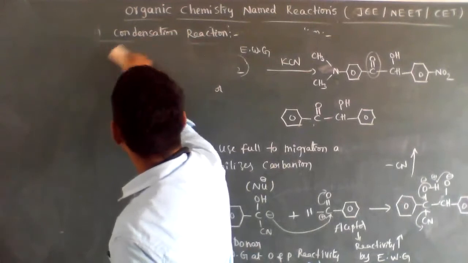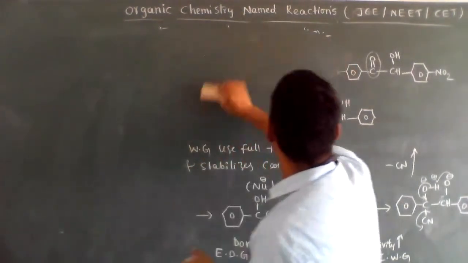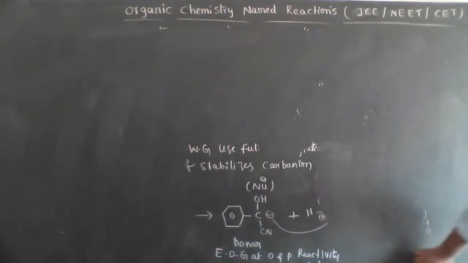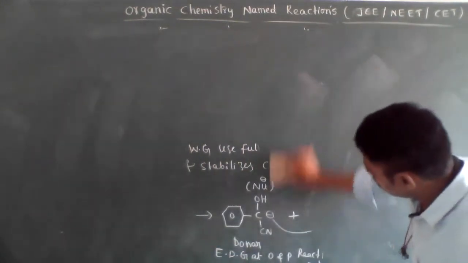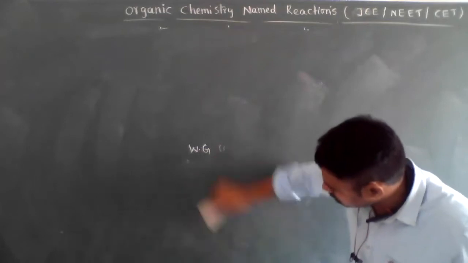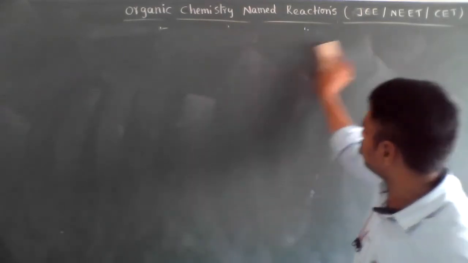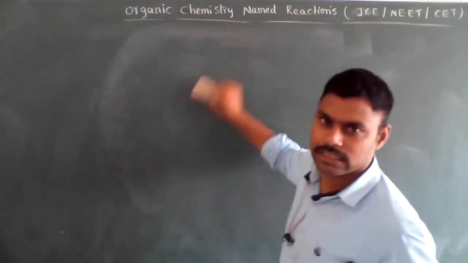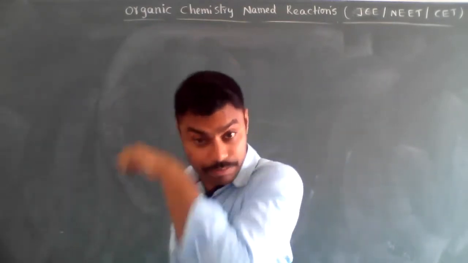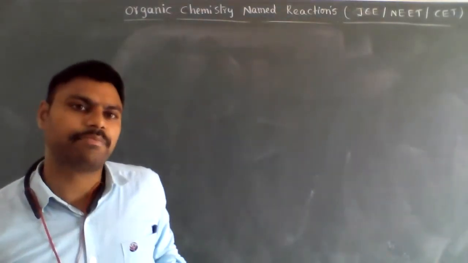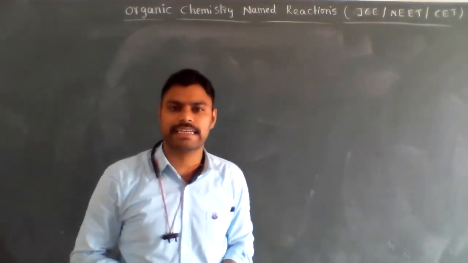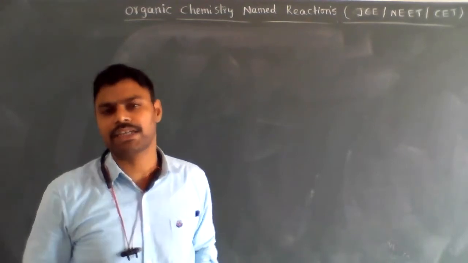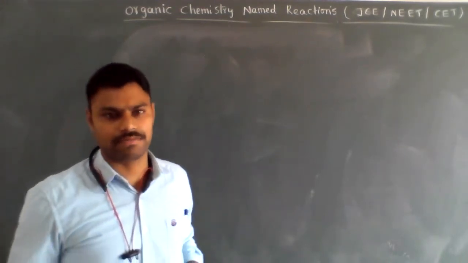We know very well the next important name reaction is the Birch reduction reaction. Related applications are asked every year in the NEET examination as well as in the JEE examination. Because the reagent, sodium in the presence of liquid ammonia, that application comes in first PUC organic chemistry, in the preparation of alkenes.